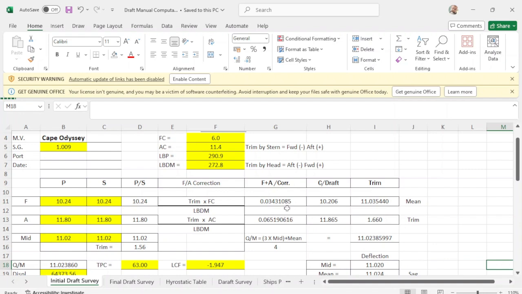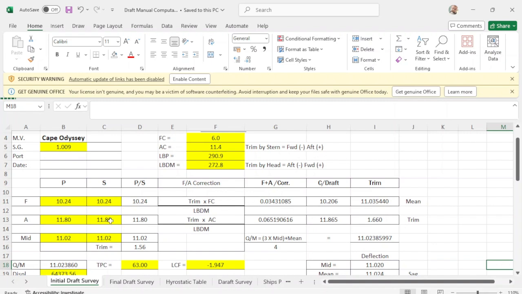Applying the correction to your draft, if you are trimmed by the stern, forward correction should be minus, and up correction you add.